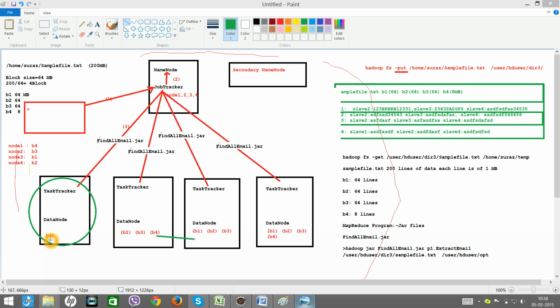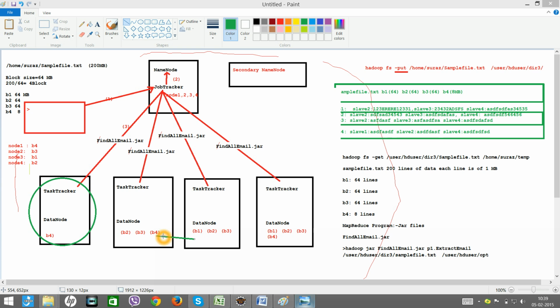Now after that, whichever node completes the job first, its output will be considered, and the other job will be killed. So this is what we call speculative execution.